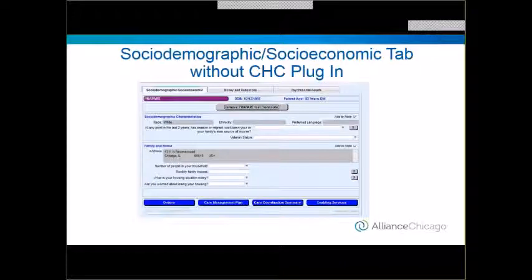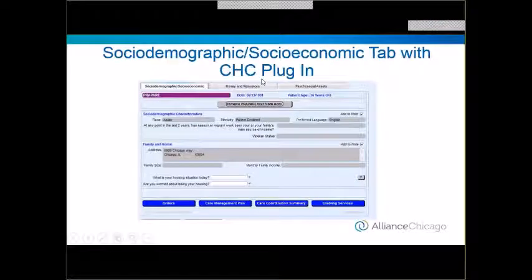If you have filled out race, ethnicity, preferred language, and address from the patient tab on the GE side of Centricity, those are going to pull over. So that will be the patient tab on the practice management side. So this is one view of the socio-demographic, socio-economic tab without that third-party plugin. But let's take a quick look, and I'm going to show you in demo as well, the socio-demographic, socio-economic tab